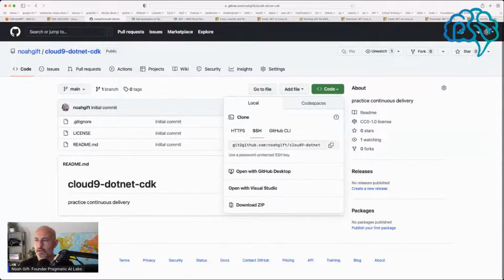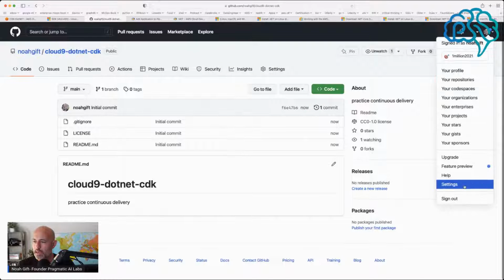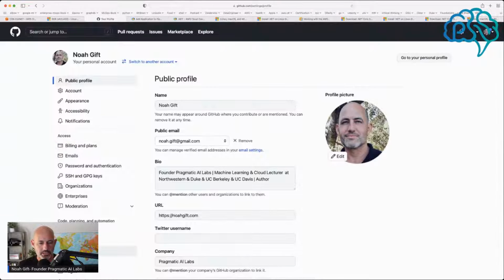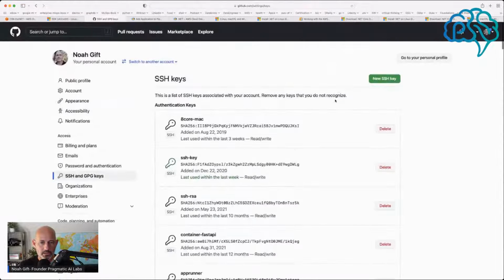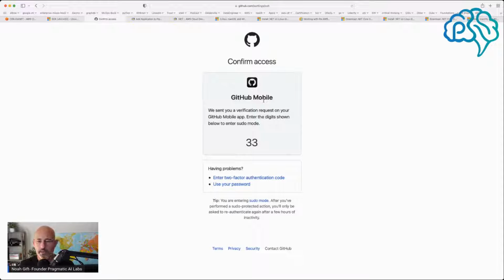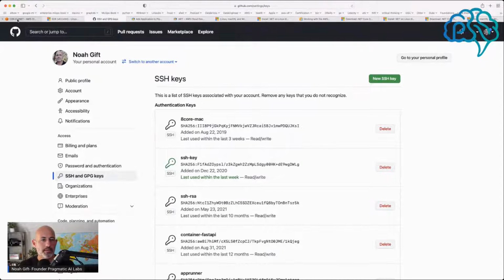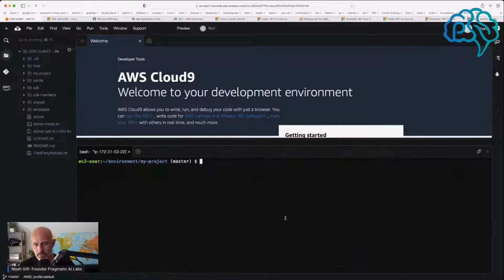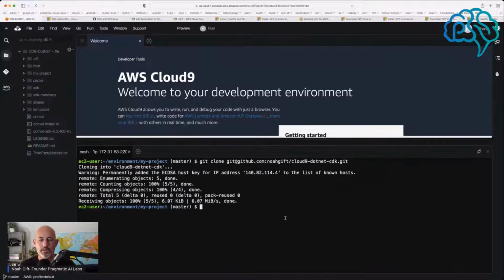And so I'm going to need to go back here real quick and go to settings, go to SSH and GPG keys, make a new one, and we'll call this .NET. So I started off weak, I'm finishing strong here, and then next week is when I will be able to do continuous delivery, which I think would be pretty cool actually. Doing continuous delivery using all AWS tools and doing .NET. And so now if I clone this, got this thing working,